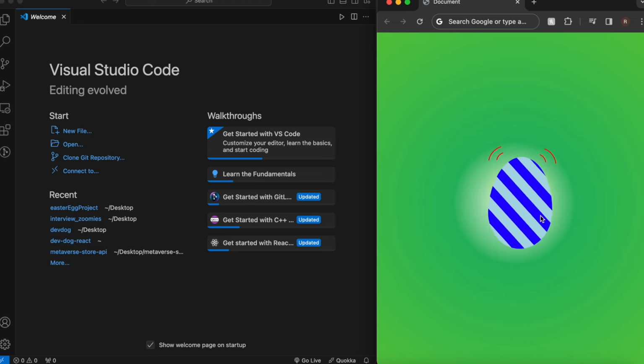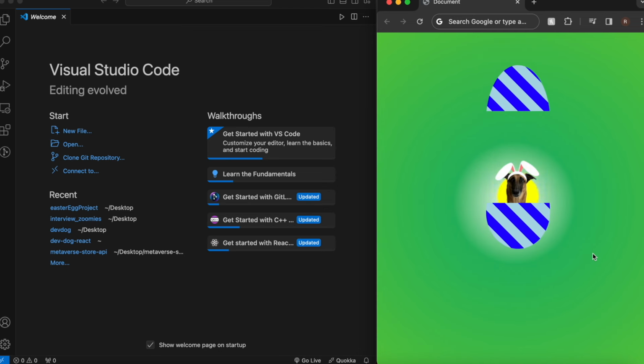So on hover, we can see that the egg shakes, and upon clicking on the egg, we crack the shell, and inside we've got my dog Goose with some bunny ears. So the only asset that's not generated from code is my dog's image, which you can find in the description